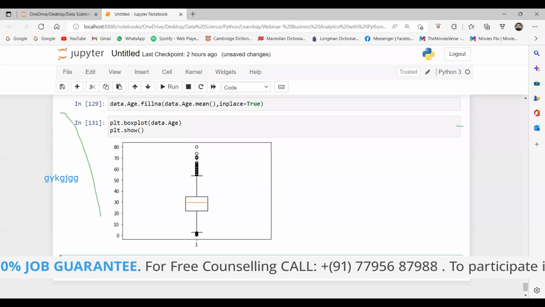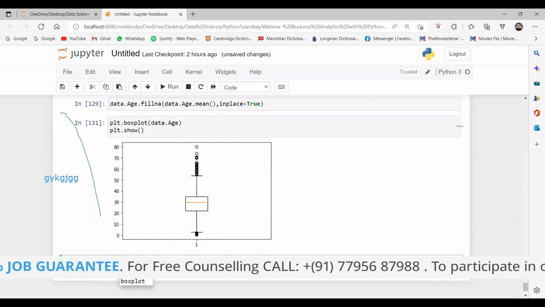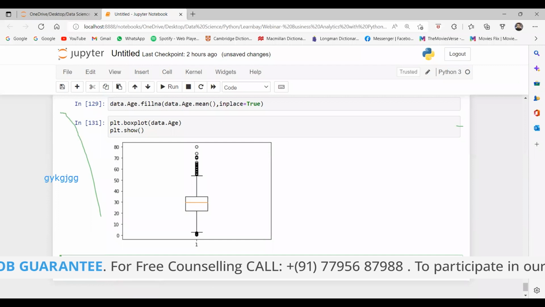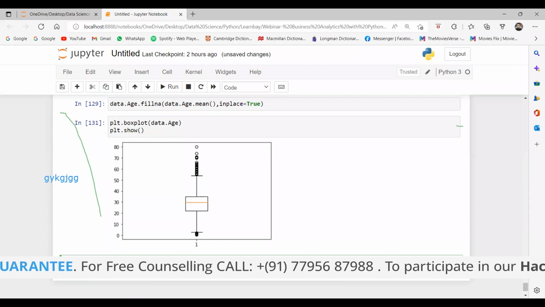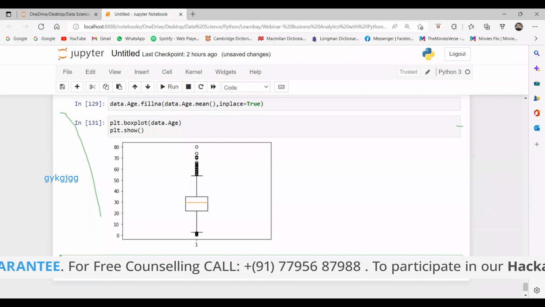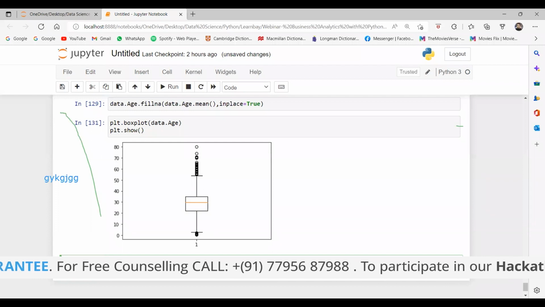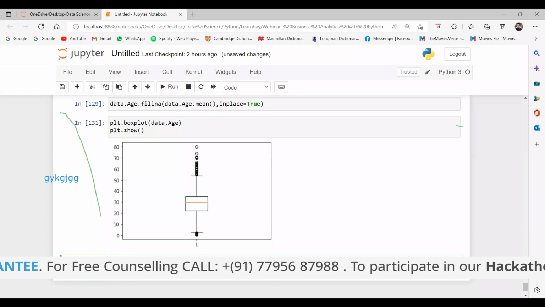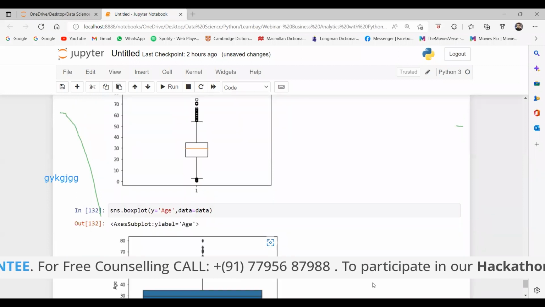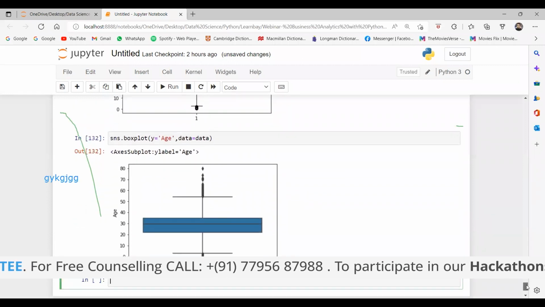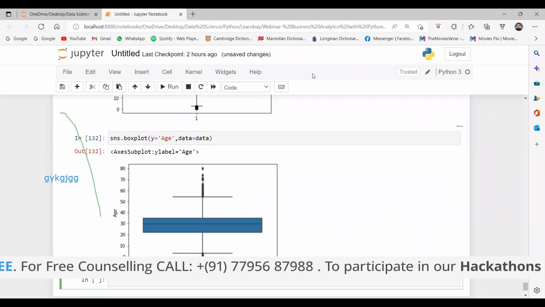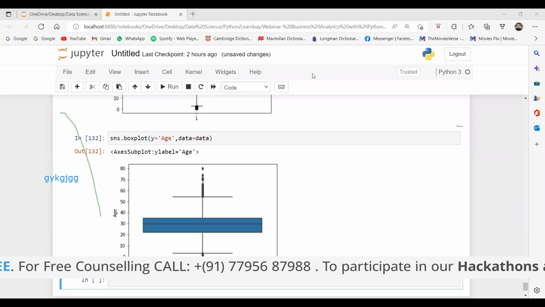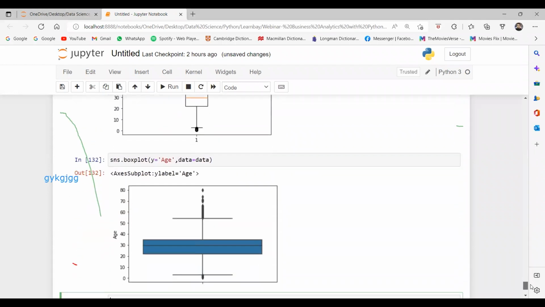So I'm saying sns.boxplot, and here on the y-axis I want the age column, and my data is data. Which one is better, Seaborn or matplotlib? Seaborn, right? Seaborn gives a better representation of the graphs.